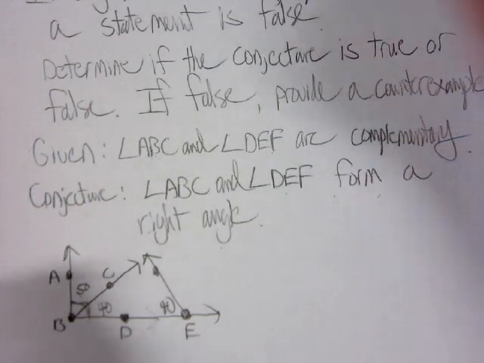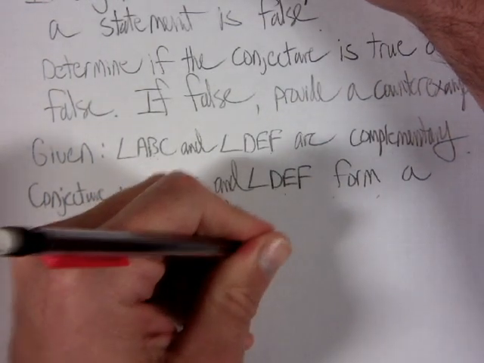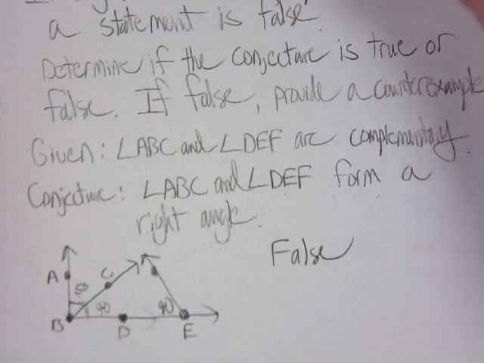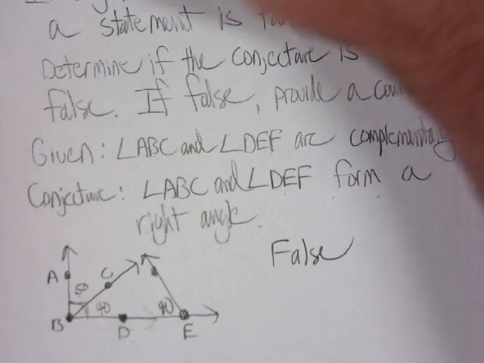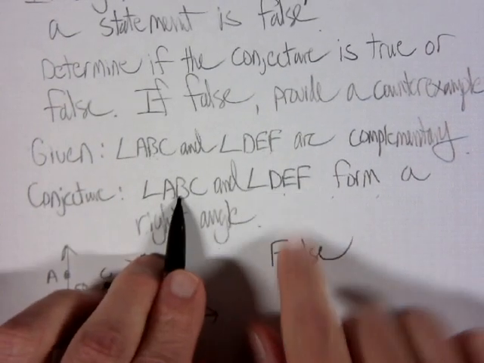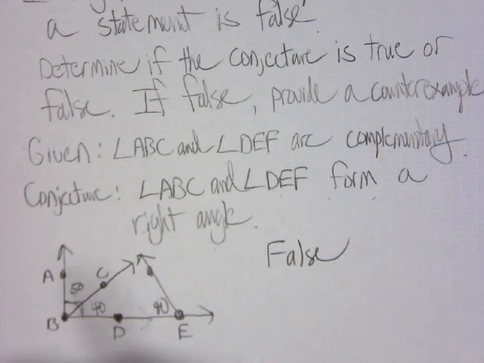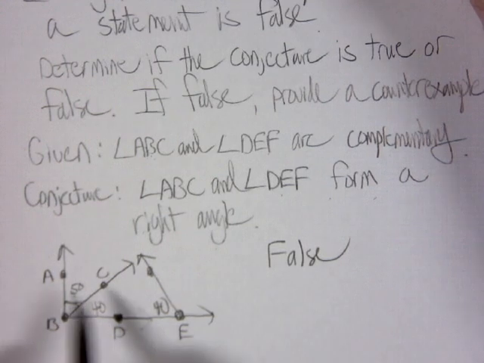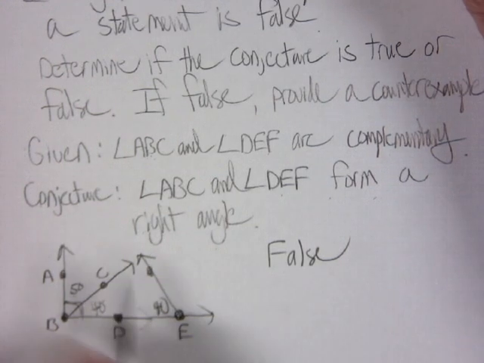And so this would be a false statement. So just because they are complementary doesn't mean they have to form a right angle. They could be separated from each other. And as a matter of fact, with the way the letters are in this case, they would have to be separated from each other, right? And so when you are writing out a counterexample, you can create a drawing like this, or you could write